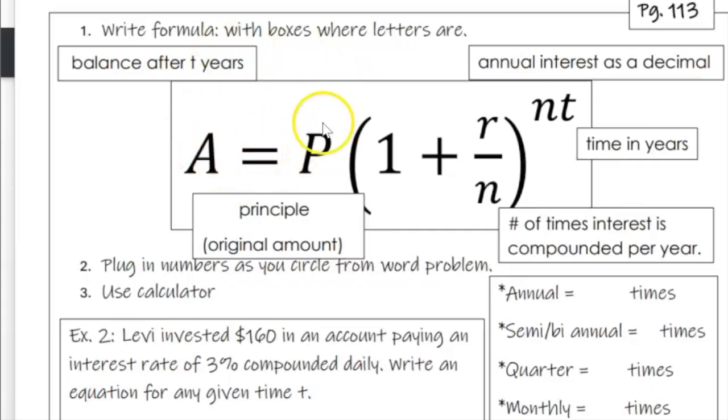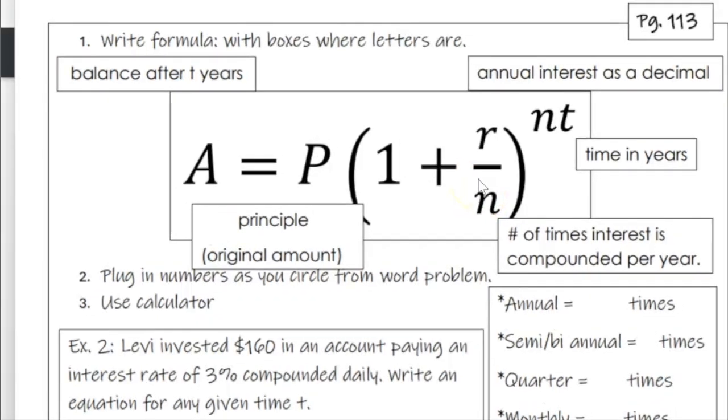All right, so we're going to continue looking at compound interest. This formula should look very, very familiar. I'm just going to write one that we've been talking about for some time now, which is y equals a parentheses b raised to the x power. And if you notice, it lines up with compound interest, but I'm just going to go over the definitions